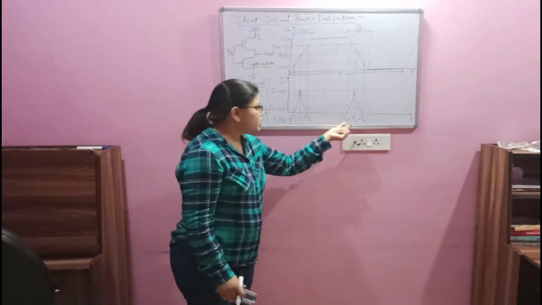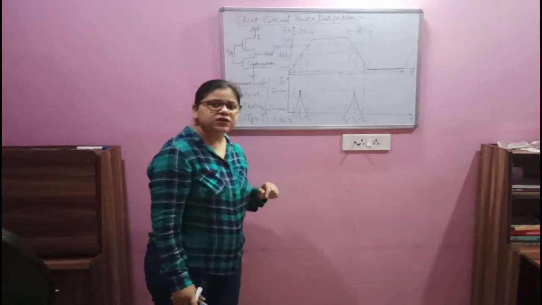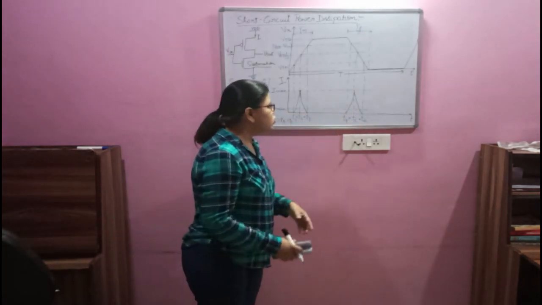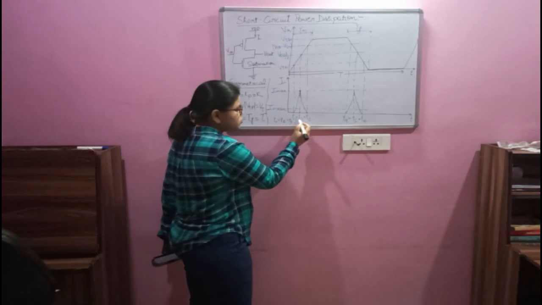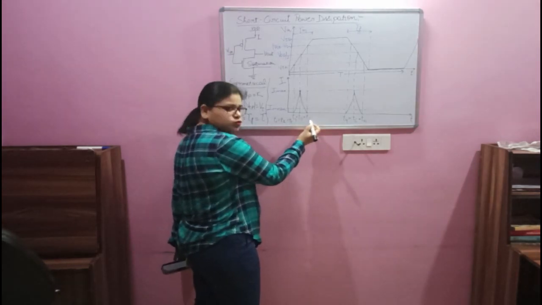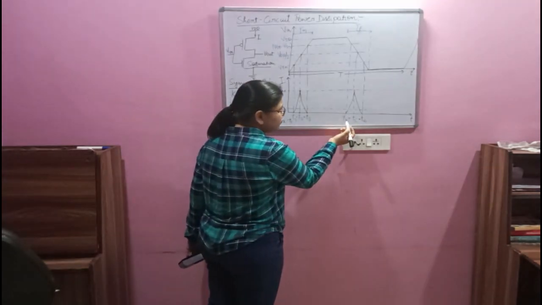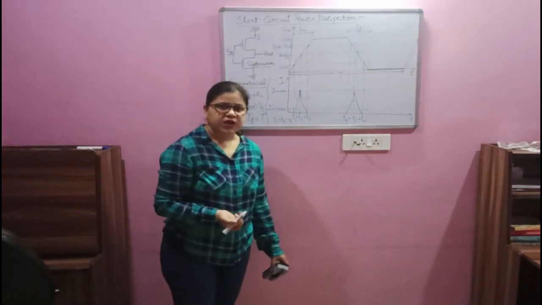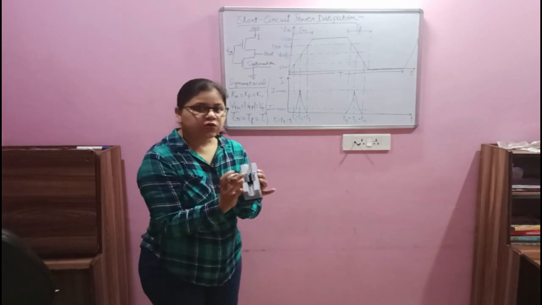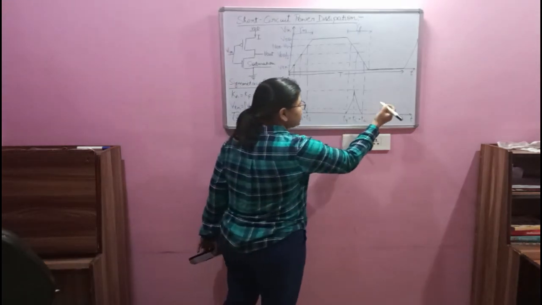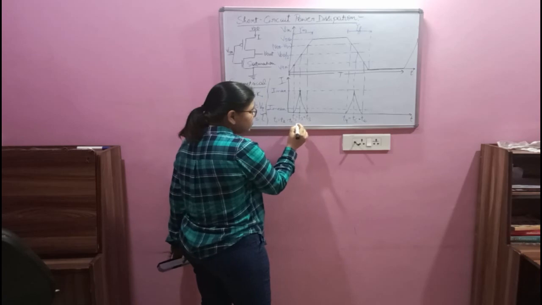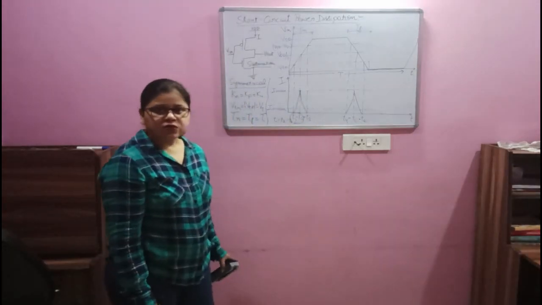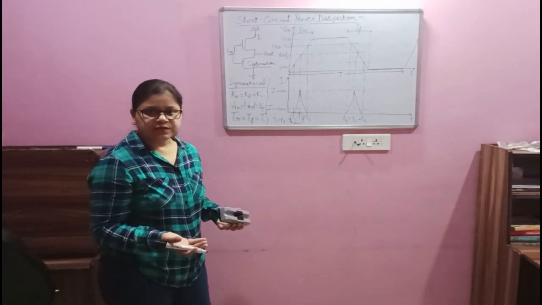So now if I am doing so, and if I have to calculate the total current, then rather than calculating for these four regions, meaning from T1 to T2, then T2 to T3, then T4 to T5, and similarly T5 to T6, and then adding all the four, if these are all equal, I will calculate for T1 to T2 and take 4 times of that. So that will be my total current.